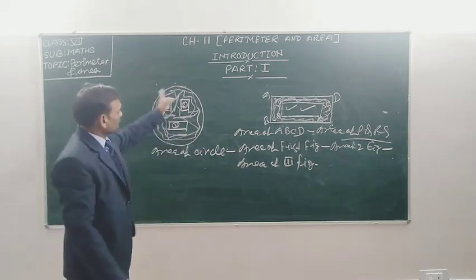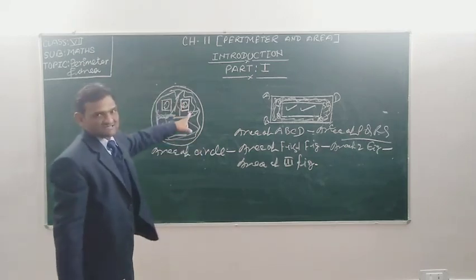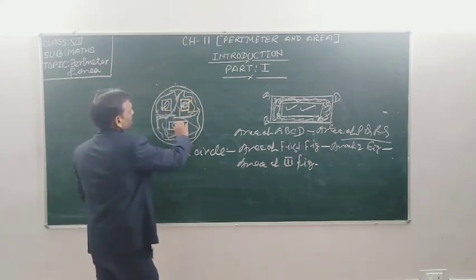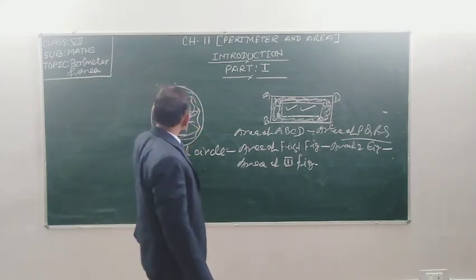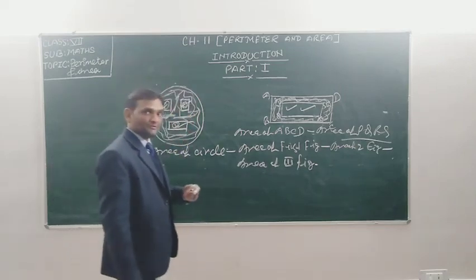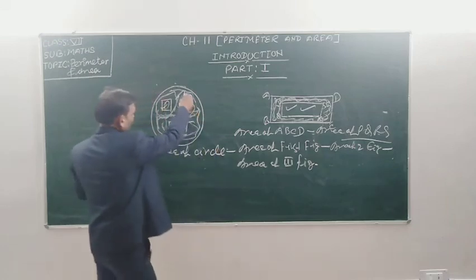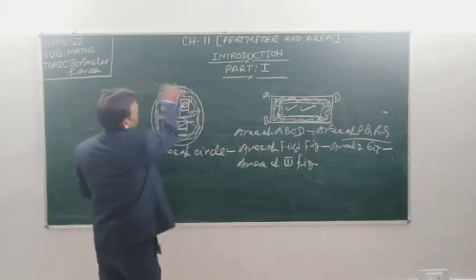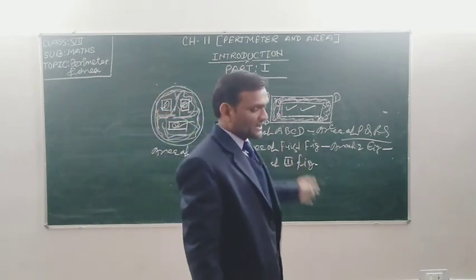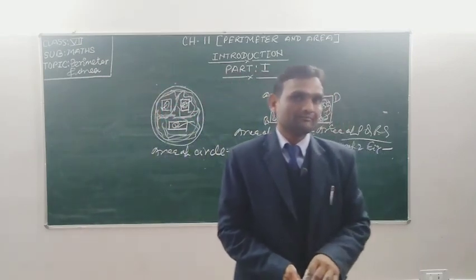In this way we can find out the area of the remaining parts. And first figure is square, second figure is square and third figure is rectangle. And you have already known how we can find out the area of the square and area of the rectangle. So you can find out the area of the remaining parts of the circle. This type of question can be asked in the exercise, student.